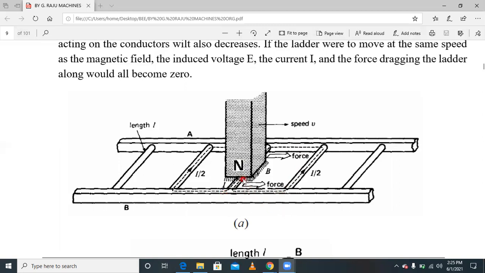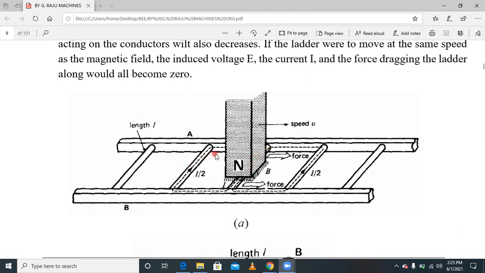That's why. Because of this induced EMF, some amount of current is developed immediately. This current is called I, and it is divided into I by 2 and I by 2. So this is the total current I, and some of the current circulates like this. This is entering B, and this is entering B. The total current I is divided into I by 2, and this current I by 2 comes back in a closed loop like this.